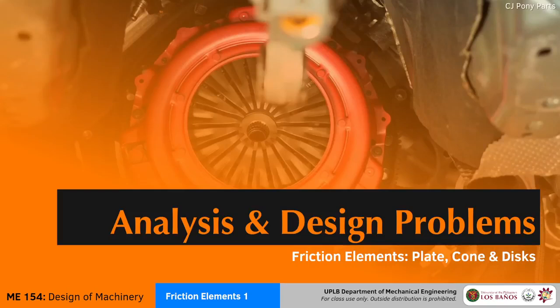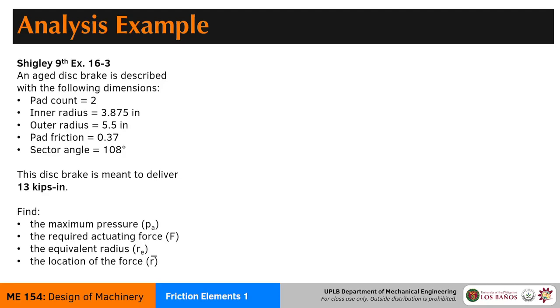Whoa. So maybe that felt a little fast. You can use the pause button to take things in. But for this section, we'll only be tackling two types of problems that are emblematic of the kind of problems that you will see for this section. So here, we have an analysis section. This is found in Shigley 9th, example 16.3. So if you're lost, you can actually go to that part of the handout and see or track the solution so that you can kind of absorb it better.